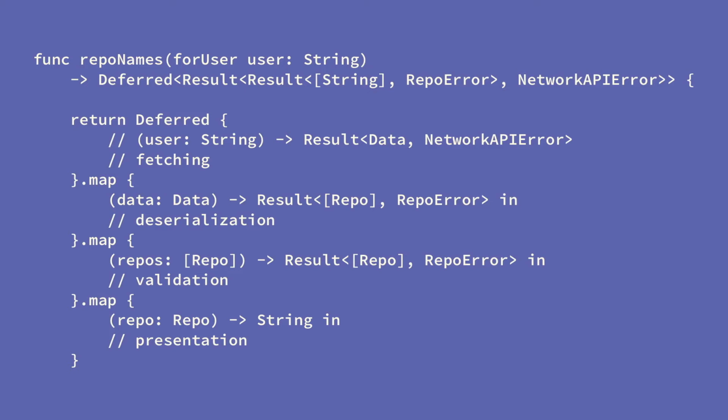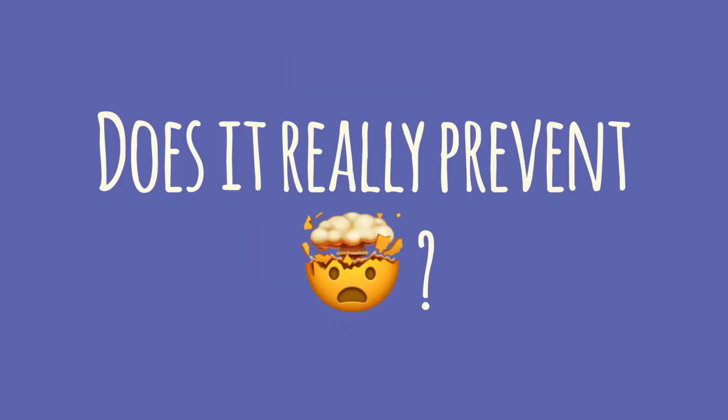We are working with this type. We are working with this type. So here we can just say what to do with the repo, how to present the repo, how to make a string out of repo, just get the name. But we do not have to go through any of those layers anymore, which is pretty awesome. But does it really prevent the headache? Does it really prevent the madness? It definitely moves that madness into some other part of your code.